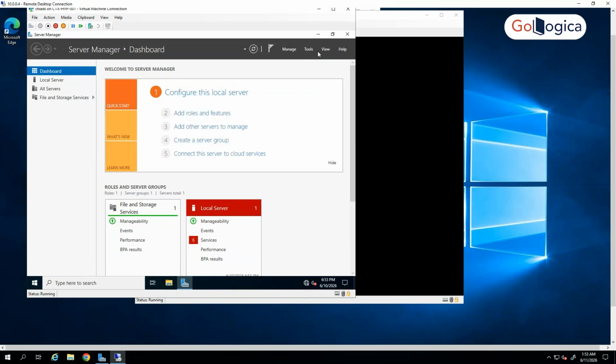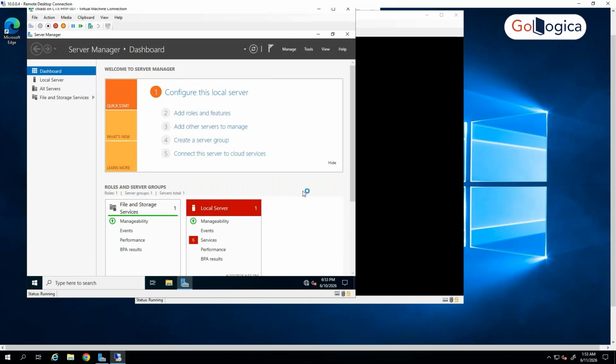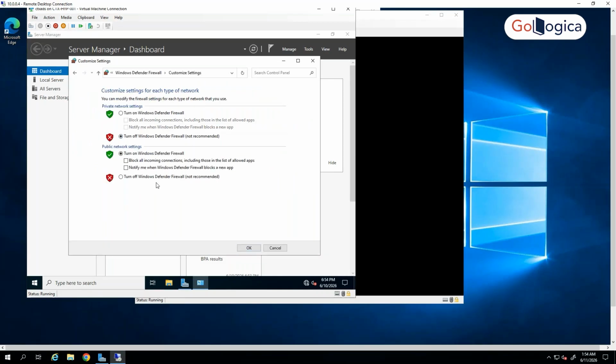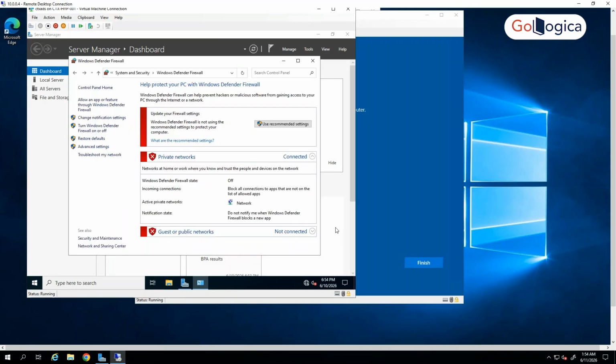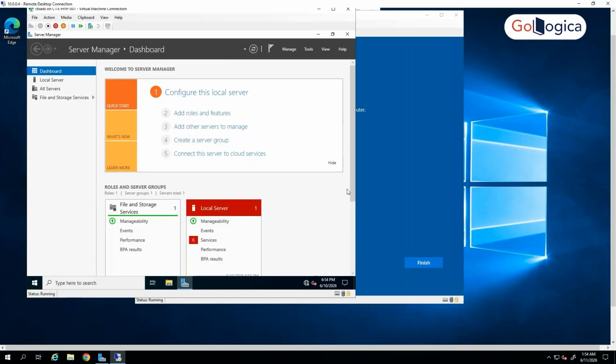Next, what we need to do is configure the Windows firewall. We need to disable it. So we'll go to Windows firewall, and here we can disable it. Turn Windows firewall on or off, so we'll turn it off. Windows firewall is not required for the lab. Once we have set up the IP address, disabled Windows firewall, and done the naming of the machine,